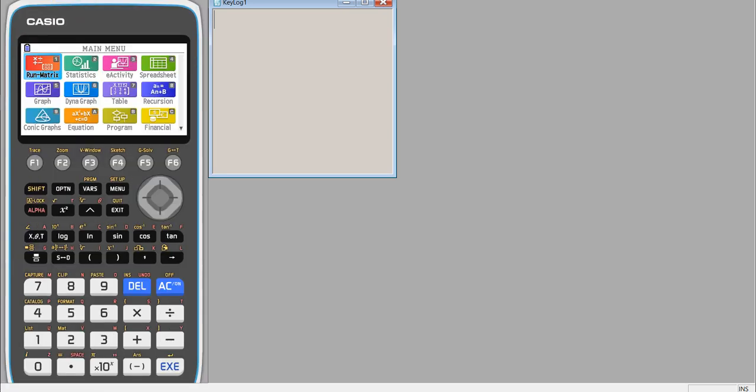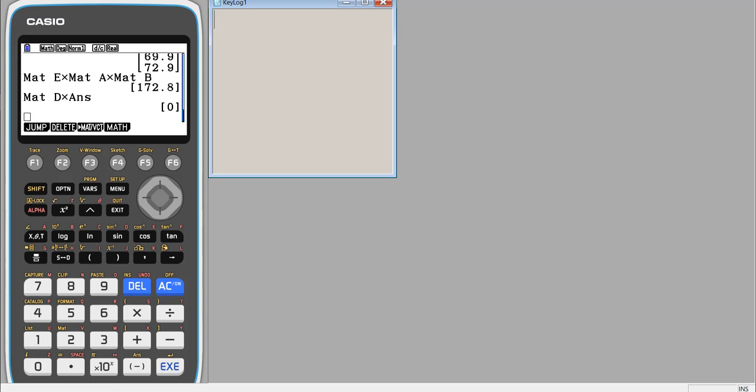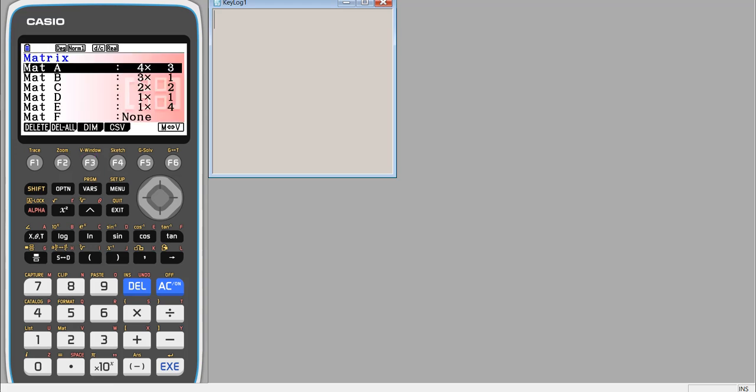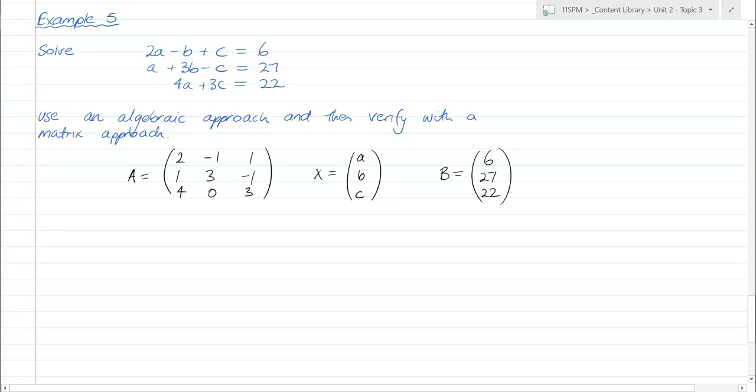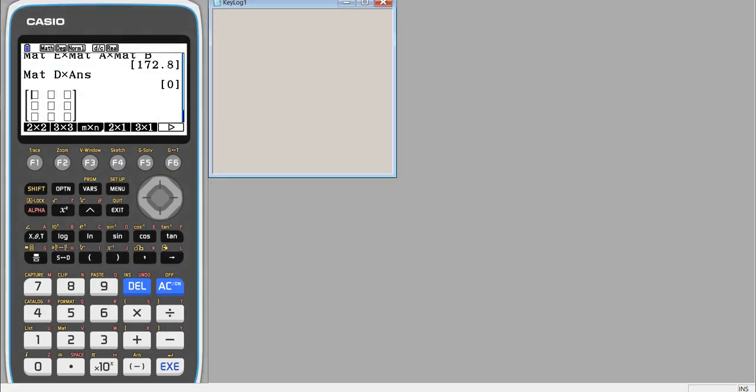Run matrix. Execute, there we go. And we want to create a matrix. No, I don't want to define it. If I go into math, there is a matrix vector tool here. I can create a 3 by 3. My 3 by 3 will be 2, -1, 1, 1, 3, -1,